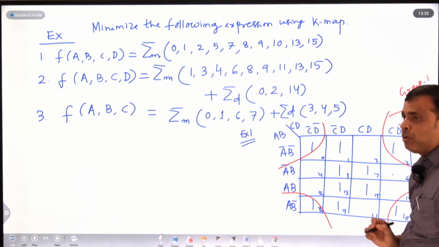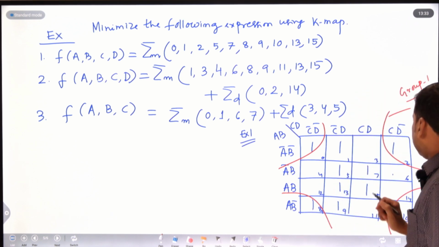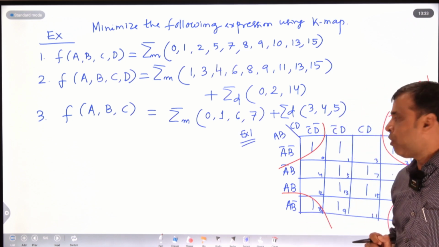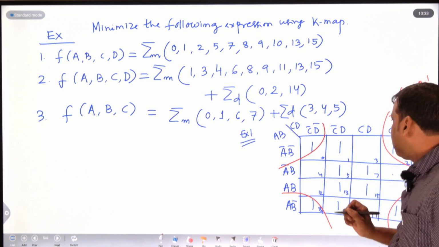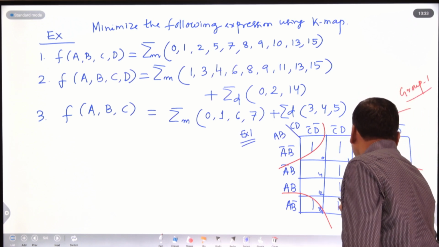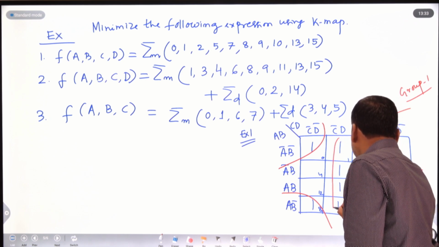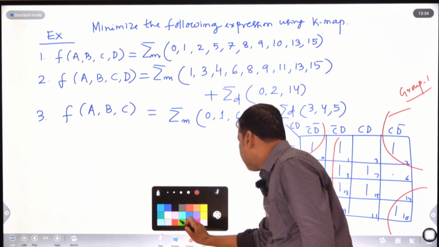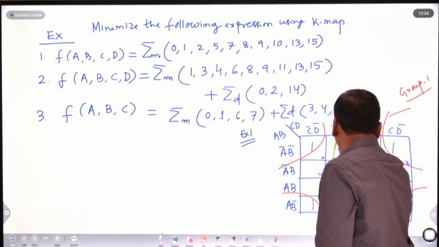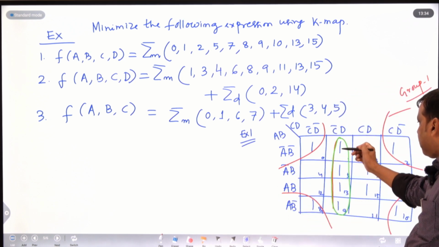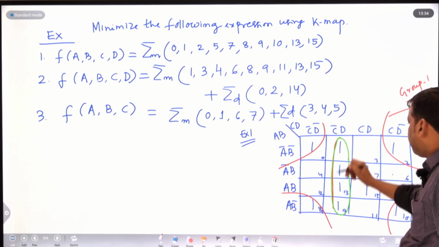We will do more and more problems so that your concept will be clear. Okay. You have to cover all 1s, that is all product terms. The redundant group is avoided. Redundant group means what? Suppose if I combine this one, I can group also this one. This also forms a group. This is a quad. This one can be adjacent to this one. This is in 4 rows in 1 column. This will be a quad.